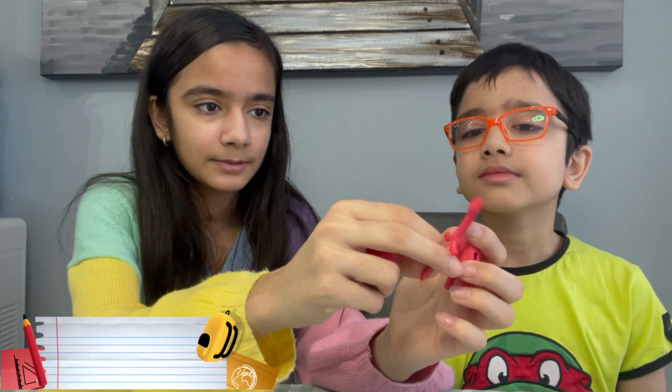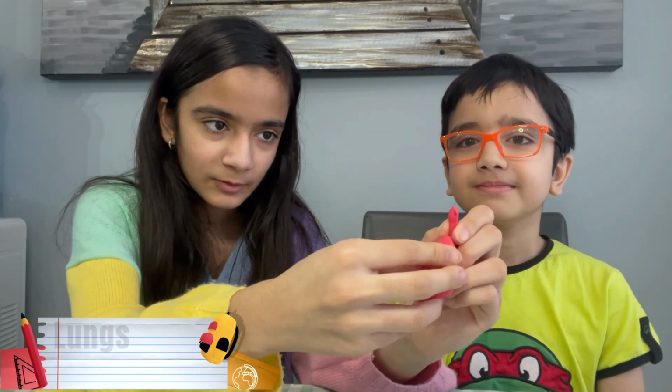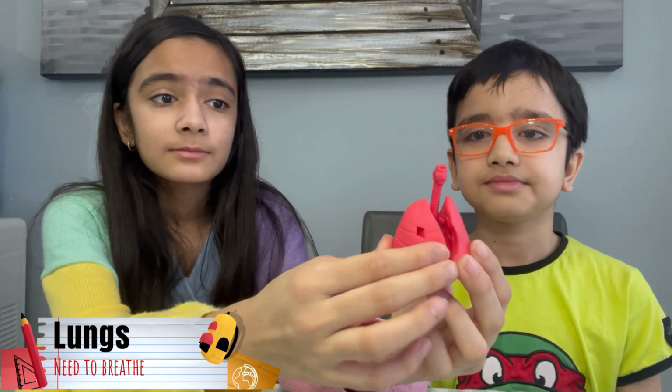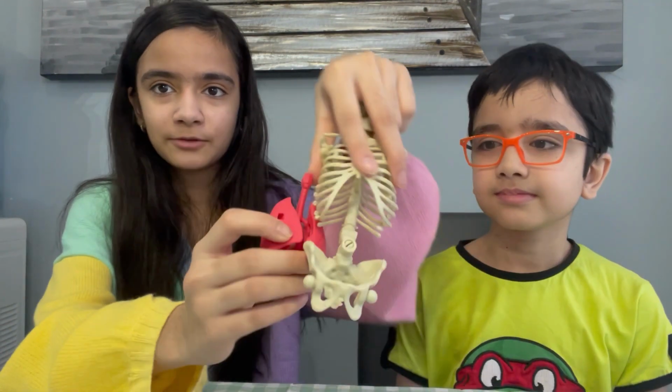These are the lungs. Let me just connect them right here. Oops, it's not connecting. Alright, these are the lungs. These lungs are how you breathe. Without lungs, you can't live. They're a very vital organ. Do you know where your lungs are, Ursula? Right here. Yeah. And you can tell because you feel your rib cage, and your rib cage protects your lungs